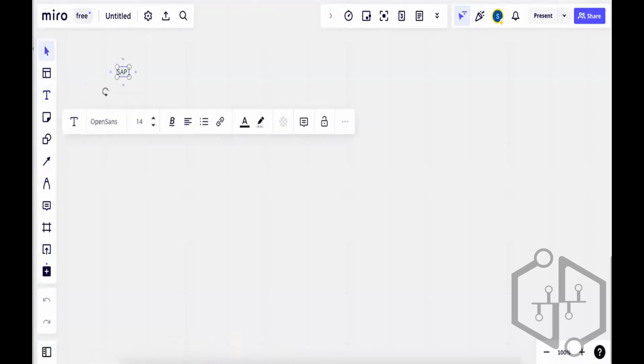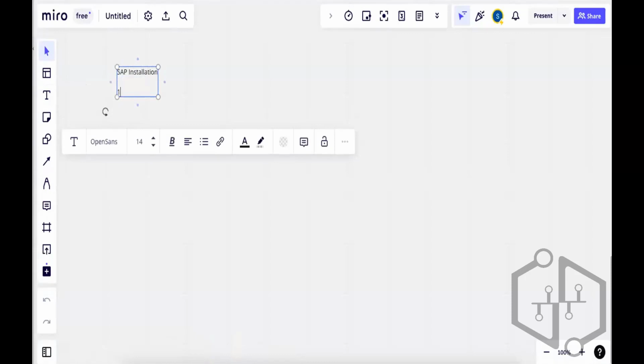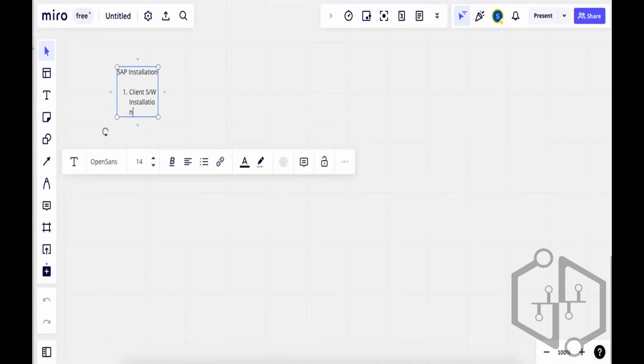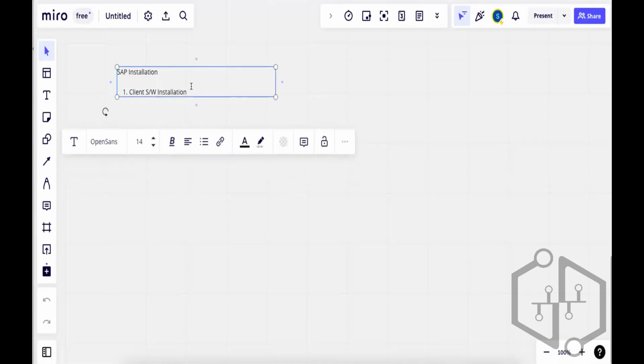SAP. So we have two types of installation here. First is client software installation. My screen is visible, right? Yes, it is visible. Okay. So, SAP client software installation, individually